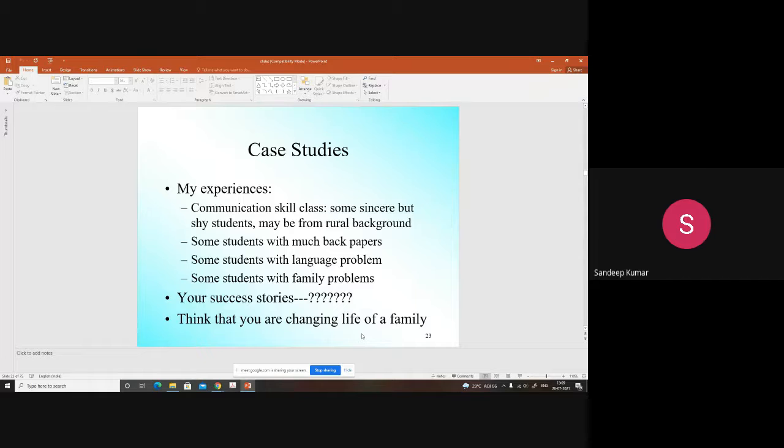However, communication skill is not my course. We are from computer science, right? But technical communication skill we were taking somehow in a few instances, and students were more happy and more comfortable with that. So that's why a few of us started to take that. So I'm not saying that my communication skill is very good, right? But as a teacher, we can at least learn and tell the students that